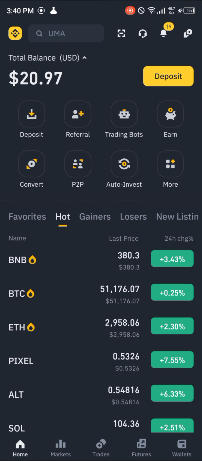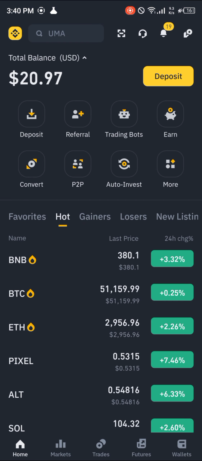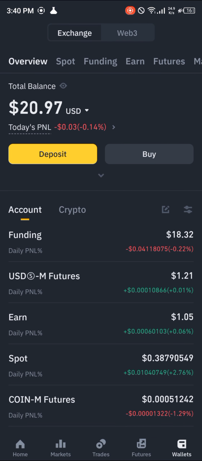Worldcoin. Now, if you wish to deposit fiat currency, you could deposit NGN, that's my local currency, or you could buy using your local currency. The option is here. You could deposit your local currency, you could buy, you could also trade your local currency for cryptocurrency. So guys, once you've been able to get some crypto, head to the wallet section where we have